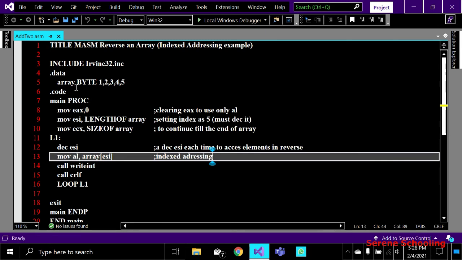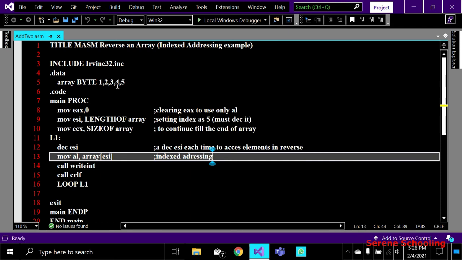Because this is an 8-bit register, matching the array type. So I'm moving the value at that index into AL, and by call write int we print the value of that register. This call CRLF is just to display the text on the next line, so that after displaying 5 it will go to the next line, and then loop L1 means that again I'm continuing this thing.